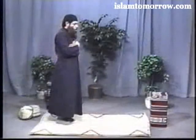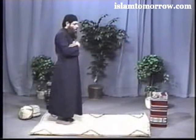And you repeat what you did in the first rak'ah again by reciting Al-Fatihah. Alhamdulillahi Rabbil Alameen, Ar-Rahman Ar-Rahim, Maliki Yawmiddin, Iyaka na'budu wa iyaka nasta'in, Ihdina as-sirata al-mustaqim,